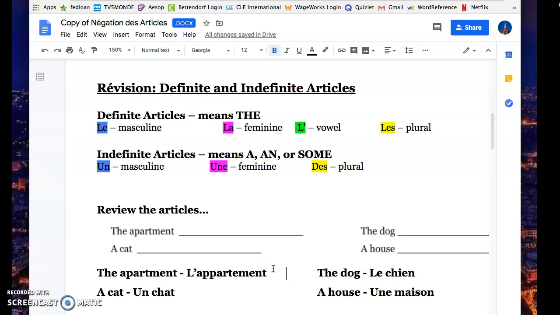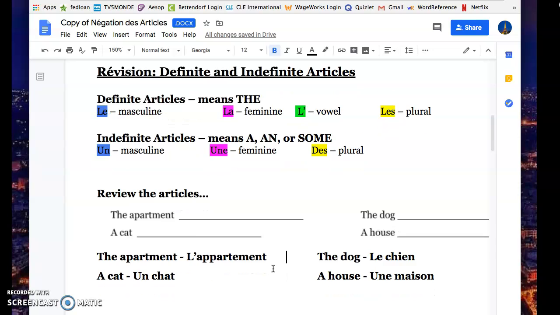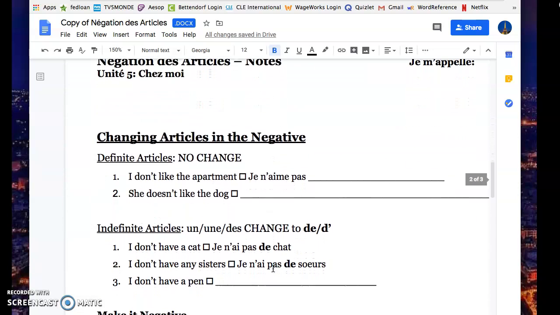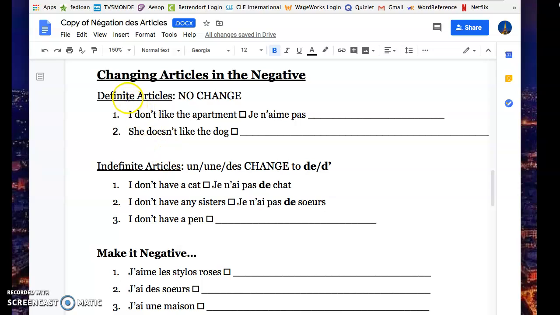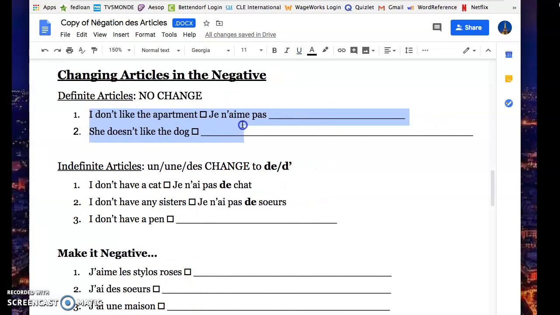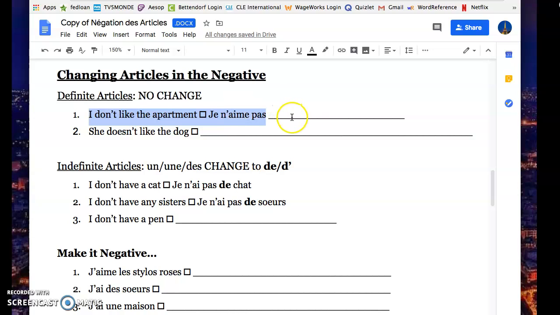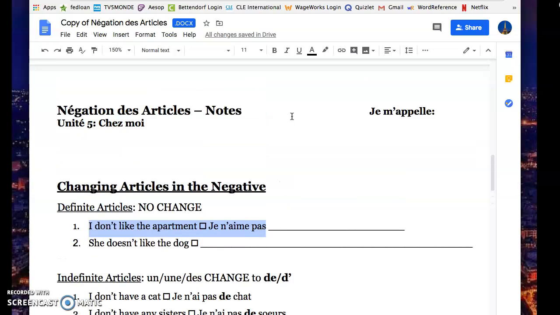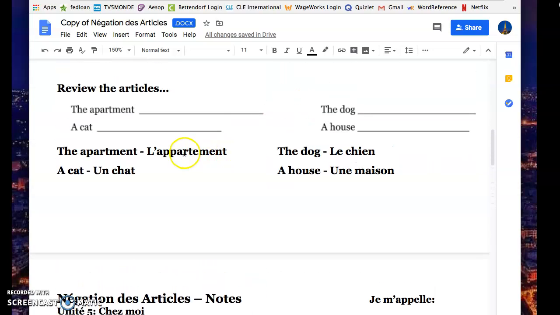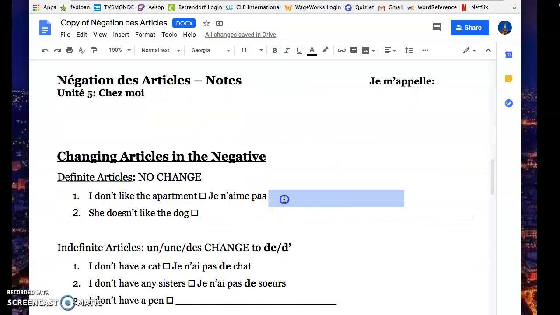So now we're going to put those two things together, the negative and the articles. When you have a negative sentence with a definite article, it doesn't matter. So, for example, to say, I don't like the apartment, you're going to say, je n'aime pas, and the only thing we're missing is the apartment. So if you recall from right up here, the apartment is l'appartement. So I'm going to type that in,